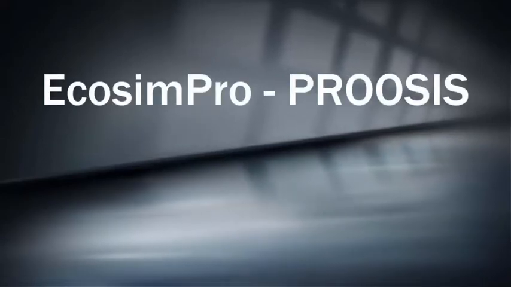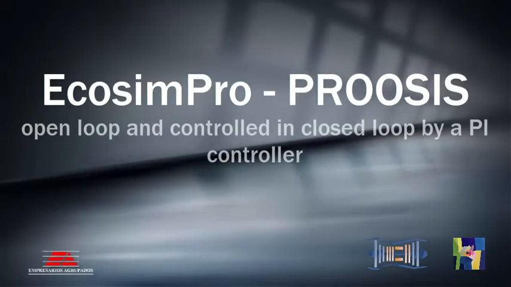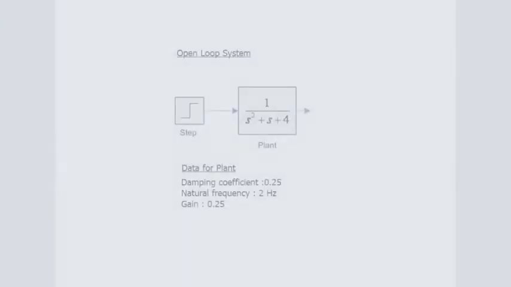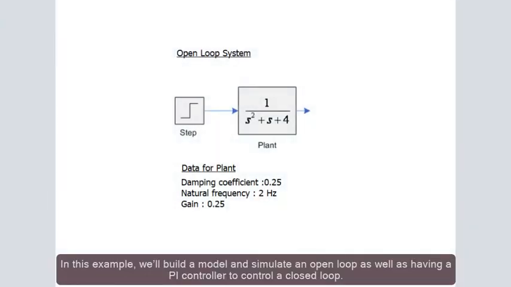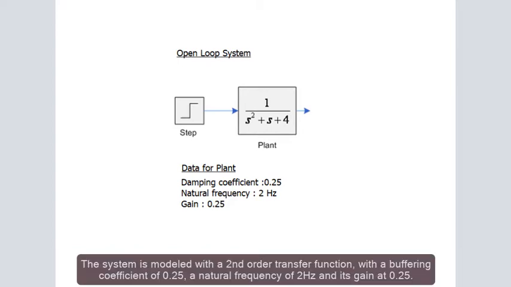EcosimPro and PROOSIS are software tools for simulating and modeling systems. In this example, we'll build a model and simulate an open loop as well as having a PI controller to control a closed loop. The system is modeled with a second-order transfer function,